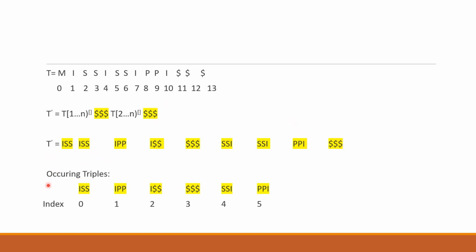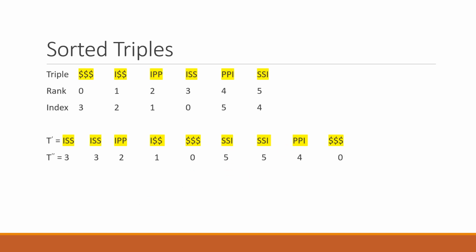And then these are our unique occurring triplets. So here, as we can see, ISS is being repeated twice, but we just take the unique values. So we take ISS, IPP, I$$, $$$, SSI and PPI. So then we sort these triples. So here are the sorted triples in the alphabetic ascending order, and here we have the index of the original